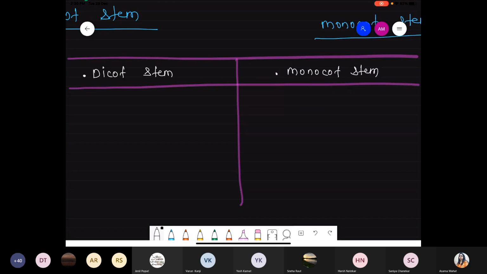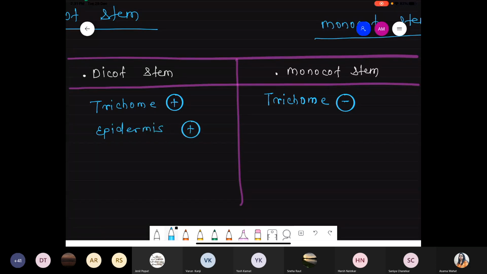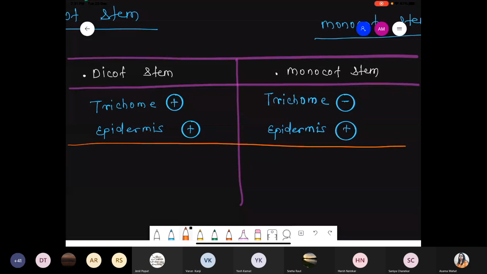Okay, dicot as well as the monocot. In case of the dicot, first of all, we start with the outermost layer. We saw that in this condition trichome is present, but such kind of trichome is totally absent on the outer side of the monocot stem. Another point: a single-layer epidermis is present in the dicot, and such a single-layer epidermis is also present on the monocot stem. So that is part number 1, the outermost layer.